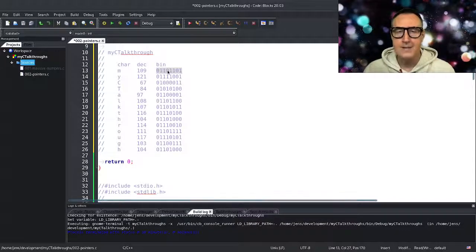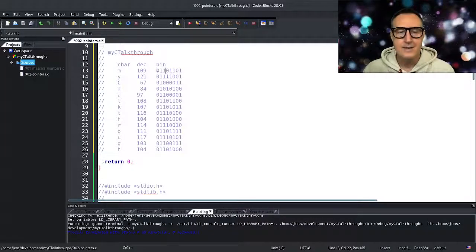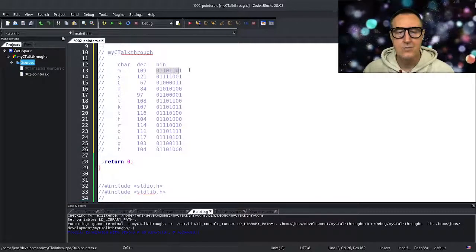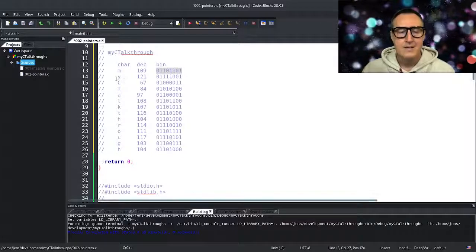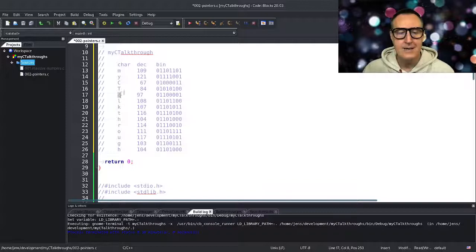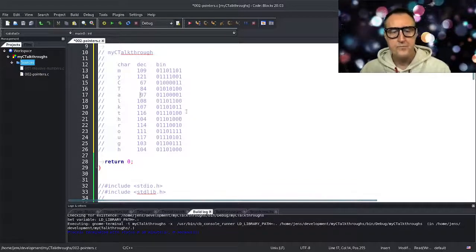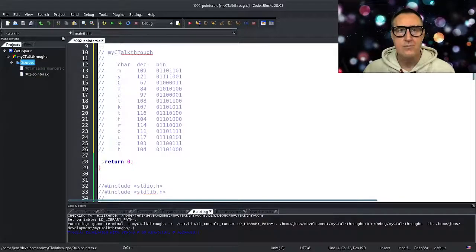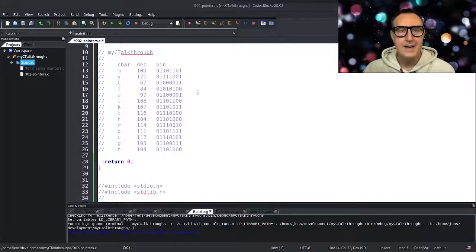In the binary form, it is 011011101. The same I did for Y, uppercase C, uppercase T, A, and so on. So that leaves me with a bunch of zeros and ones. And